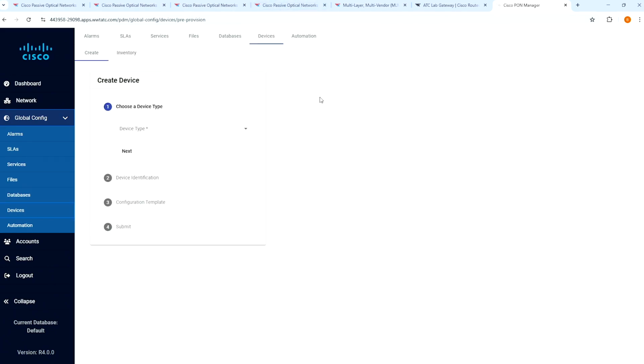Devices allows you to pre-provision items. So if you don't actually have these, your PON controller, you don't have your switch, you don't have your ONUs already configured in your network, you can pre-configure them to be added here. And they will get added, they'll go to a spot in your network tab where they'll get added once they